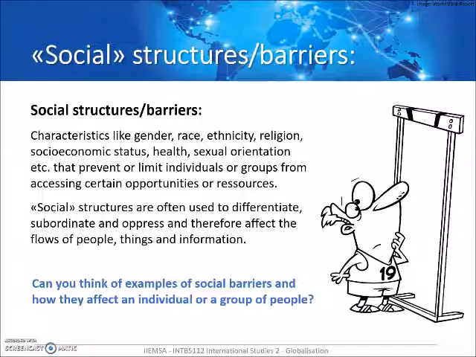But also ability and disability is a big one, right? We often forget about people with disability, and a lot of places in this world have not been designed to cater for people with disability, which is a massive social structure or barrier for those people. Same when we look at the whole LGBTQI movement, right? A lot of those people are still facing discrimination, are still facing oppression, which makes it harder for them to access certain jobs, access certain opportunities.